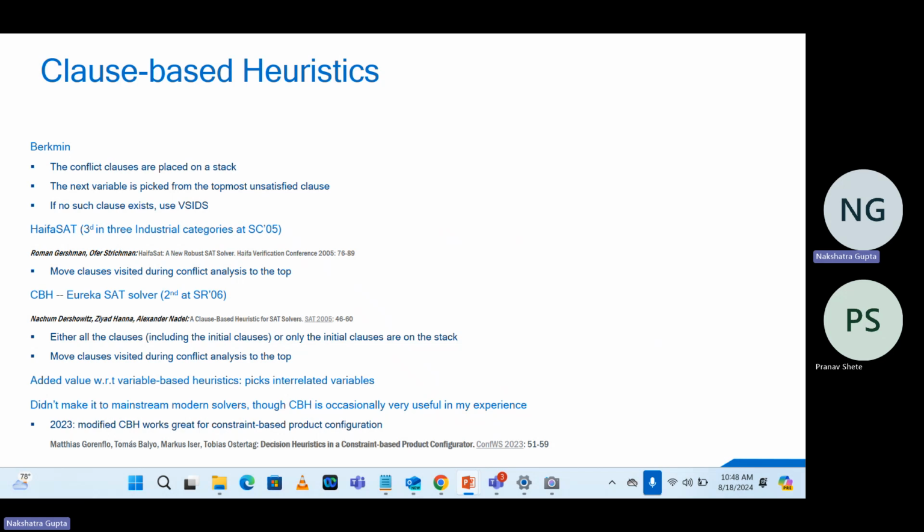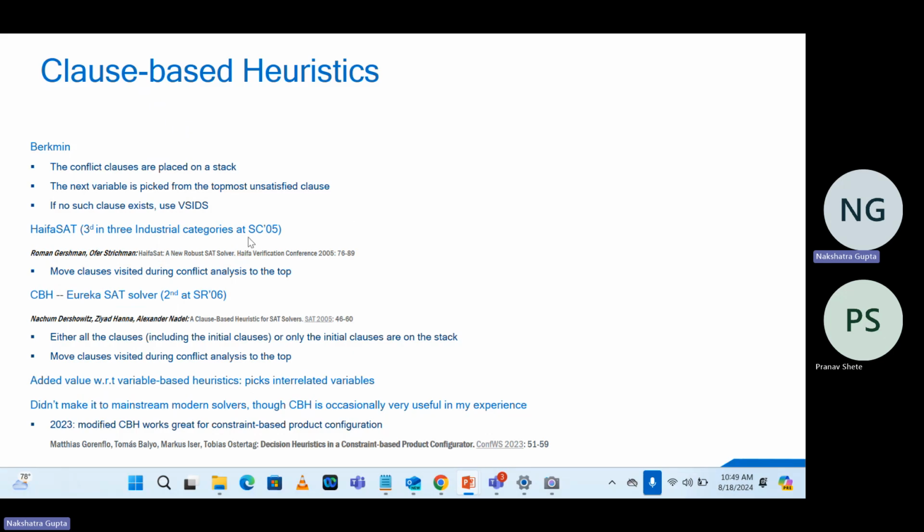If all the top conflicts are satisfied, then just go back to business. But then there is like a hitter of the heuristics. There was also a clause heuristic in the Haifa subsolver, which was an ordinance in one of the sub conditions. The idea there was to move clauses within your compliance to the top, which is similar to the idea of getting the scores from these literals on the side of the